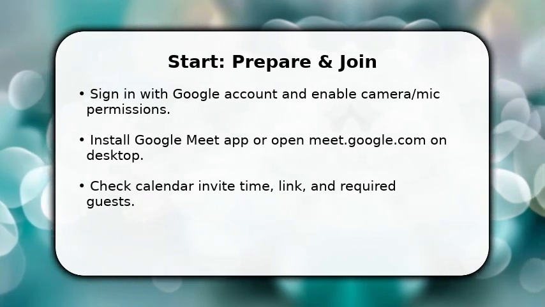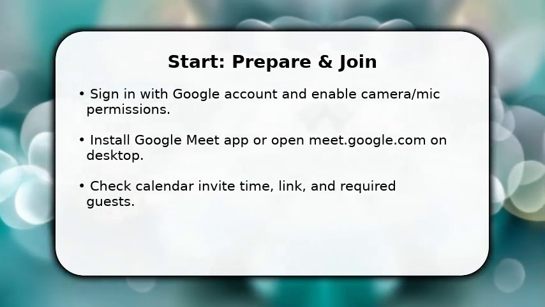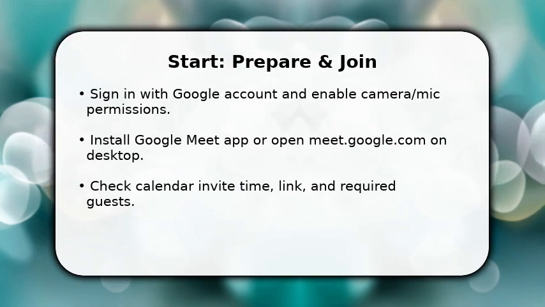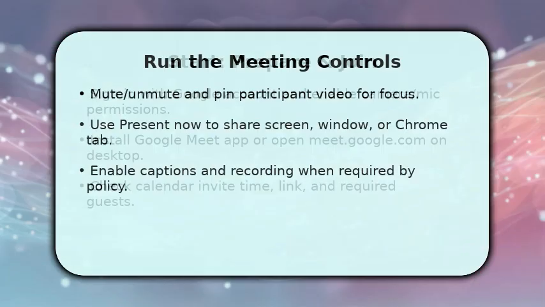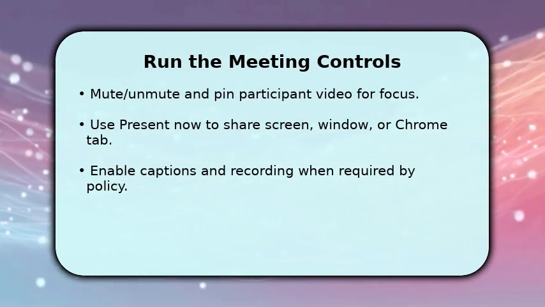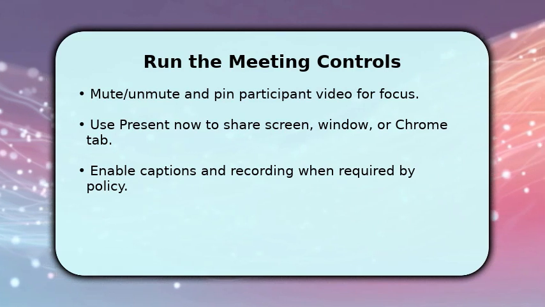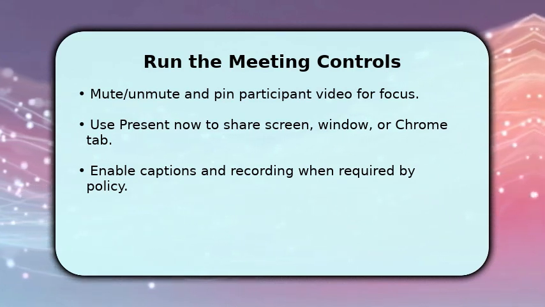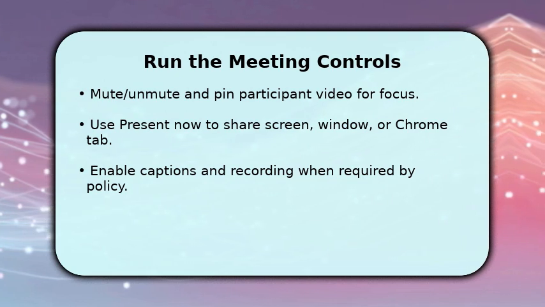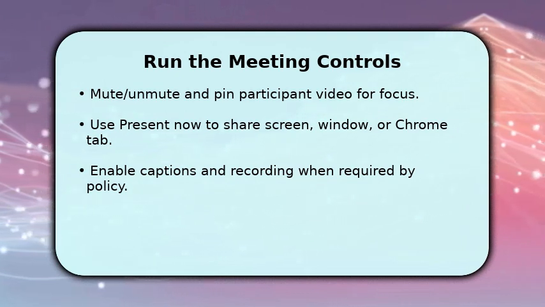Make sure your background and audio device are set before joining. This reduces interruptions and keeps the meeting professional. Start by muting participants on entry if it's a presentation. This prevents chaotic audio. Once the meeting is underway, use Present Now to choose entire screen, a single window, or